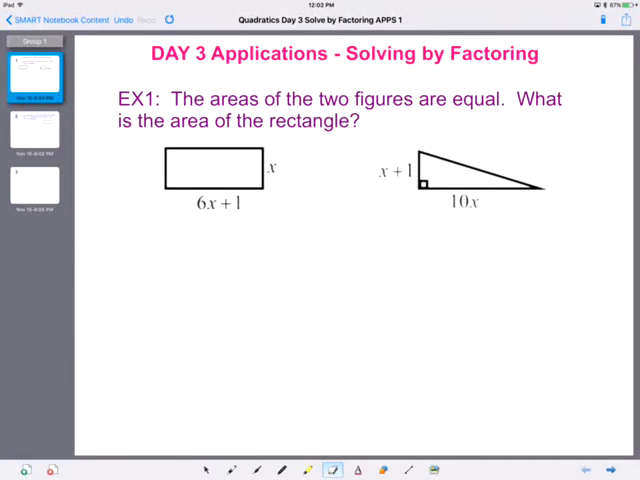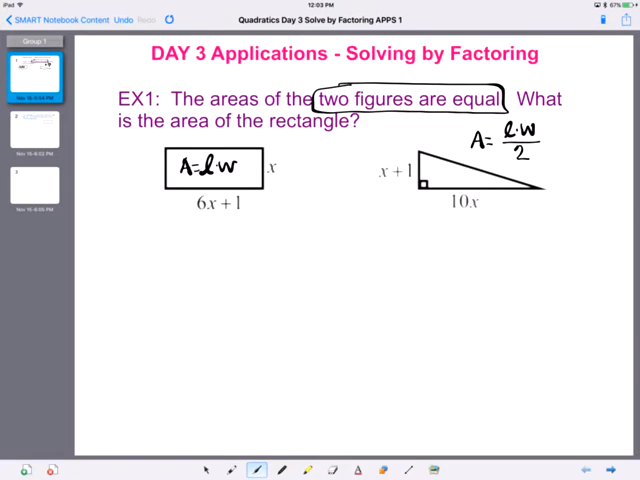Solving by factoring applications. In example 1, it says the area of the two figures are equal. What is the area of the rectangle? When we find the area of a rectangle, we know that area is equal to length times width. The area of a triangle is equal to the base times the height, divided